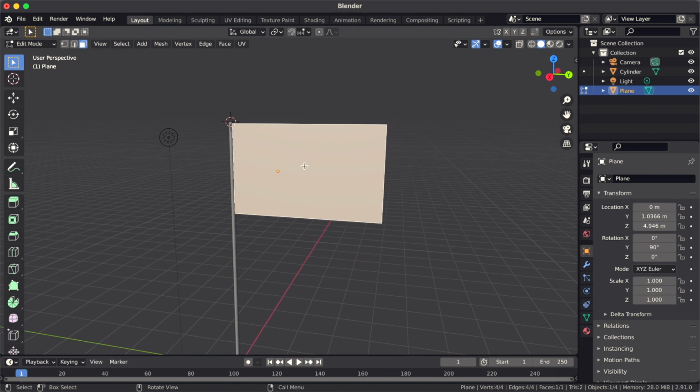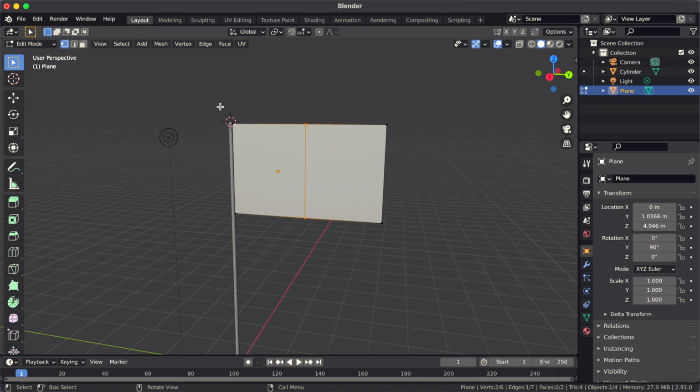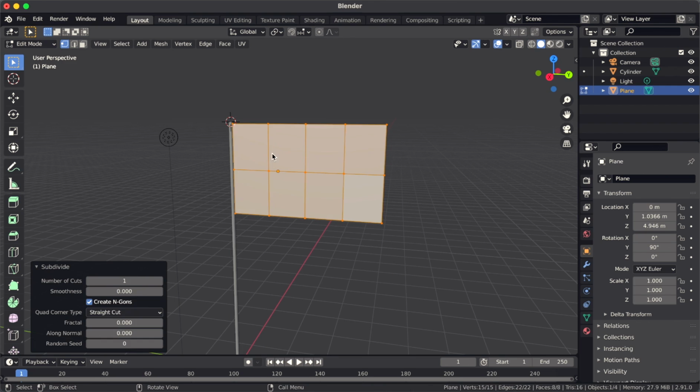Okay, so what I'm going to do is Command R or Control R, and add in a cut there. Then I'm going to go into vertices select mode by hitting 1 on my keyboard, and select everything. I'm going to right click and hit subdivide. Right, then I'm going to do it. In fact, you know what, wait, before we do that,